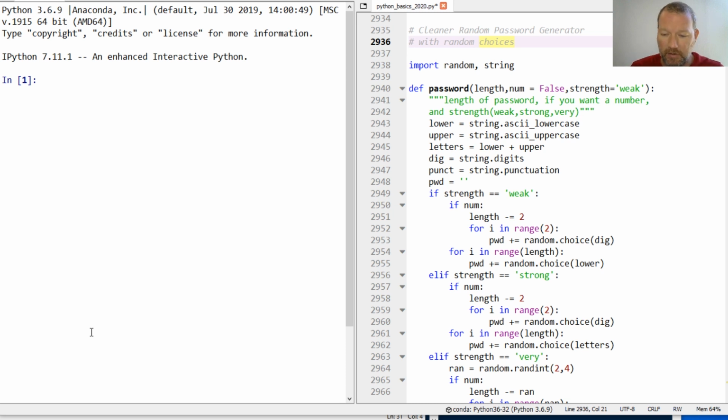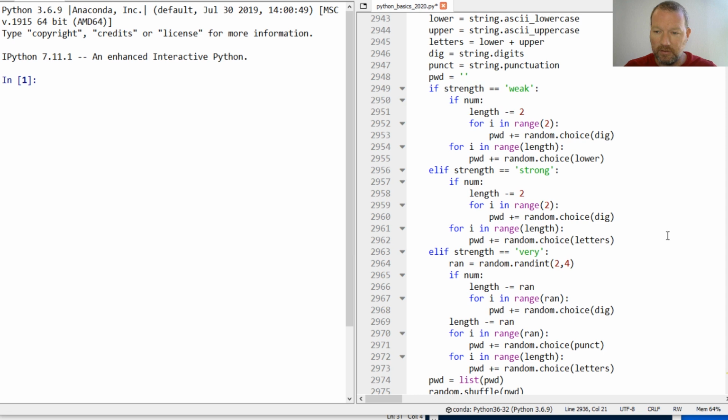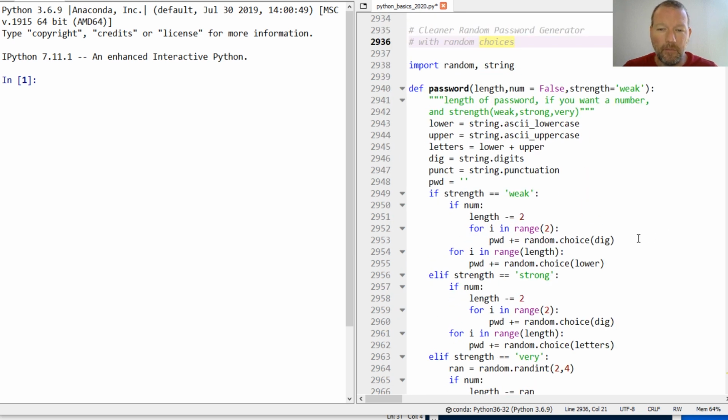We do micro videos. We do one subject at a time, and we typically build upon them, but I was going through notes a couple weeks ago and I realized that we did not solve this dilemma. So before, we have created this random password generator, and it's a little lengthy, and if you look at it, it's not that elegant. So we are going to actually look at